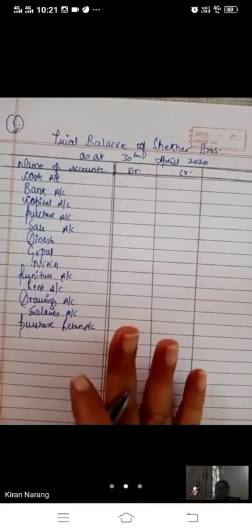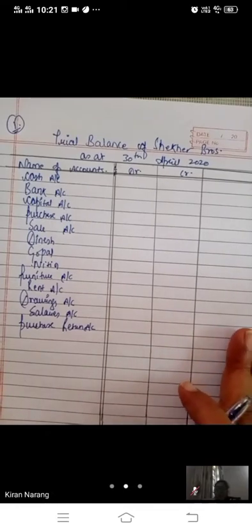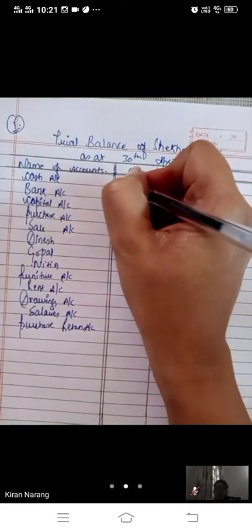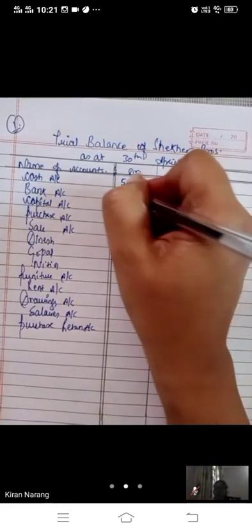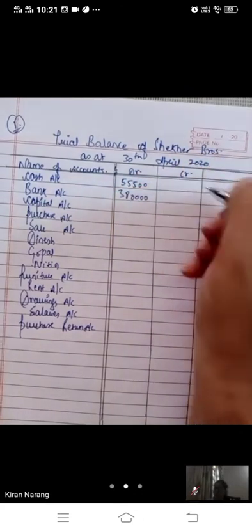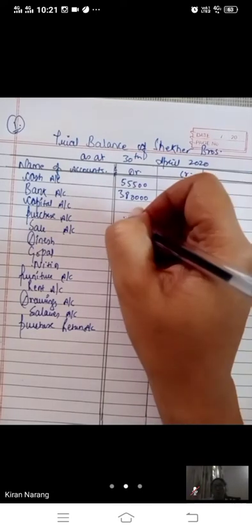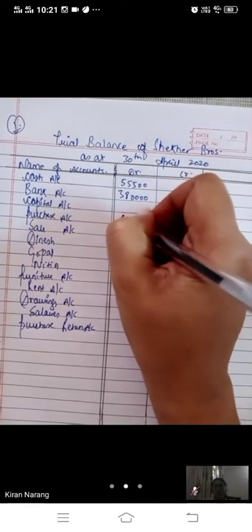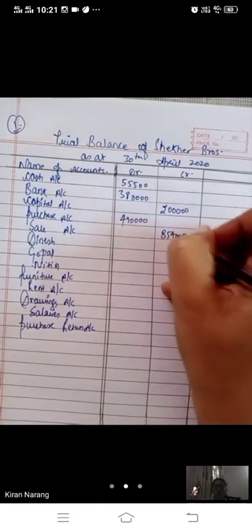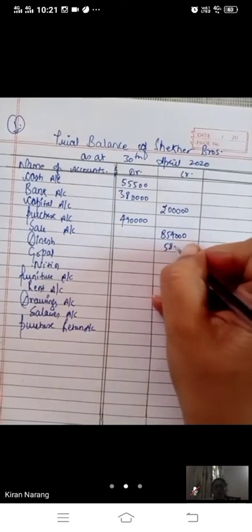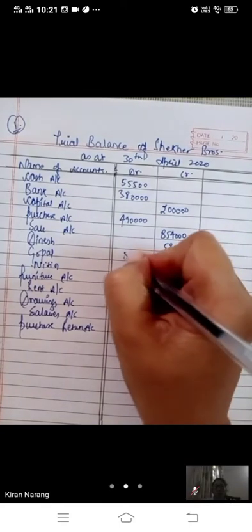Names of the accounts you have written, you just have to write their balance and do the total. This is trial balance. Write their balance. If their balance BD is in debit, you will write it on the debit side, 380. If their balance BD is given in credit, you will write it in the credit column. Creditors you will write in credit and debtors you will write in debit.